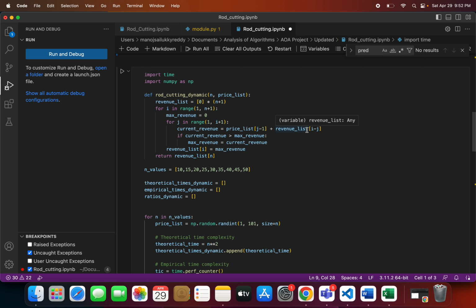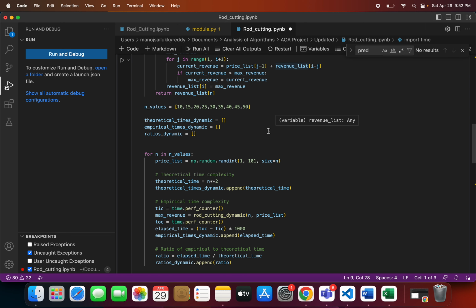It iteratively calculates the maximum revenue for rod lengths from 1 to n using the formula: revenue list of i is equal to the maximum of price list of j minus 1 plus revenue list of i minus j. So that's the main formula we have used here, and the code then calculates the theoretical and empirical time complexities for each rod length. So now if we run this code,